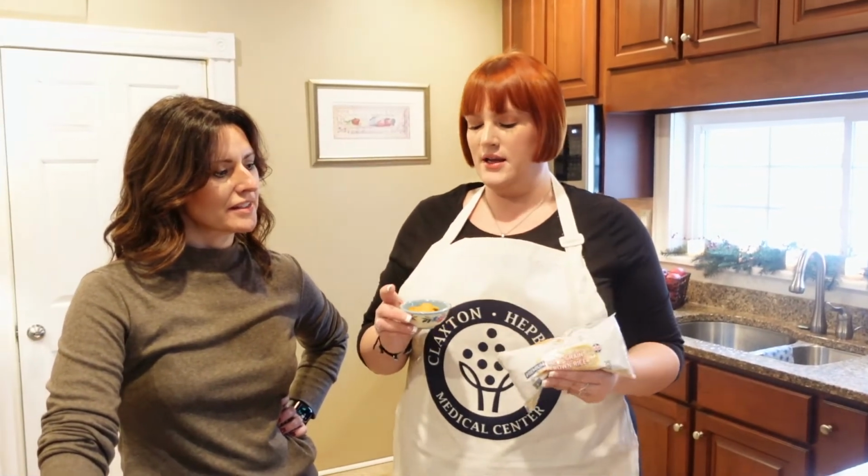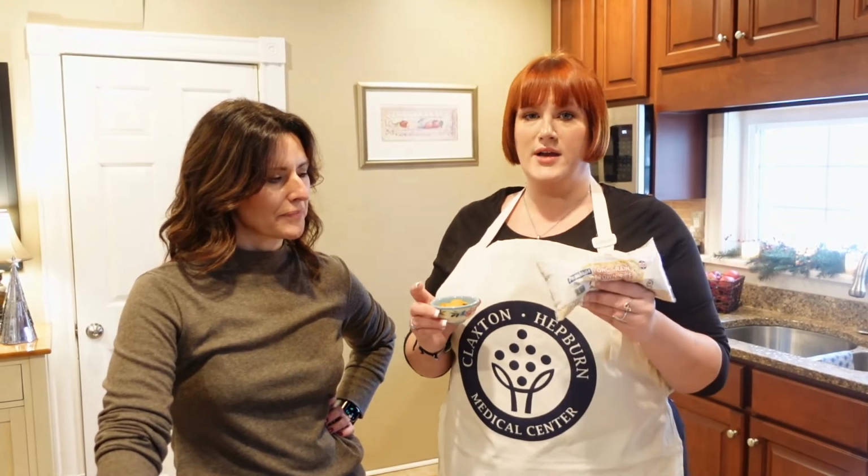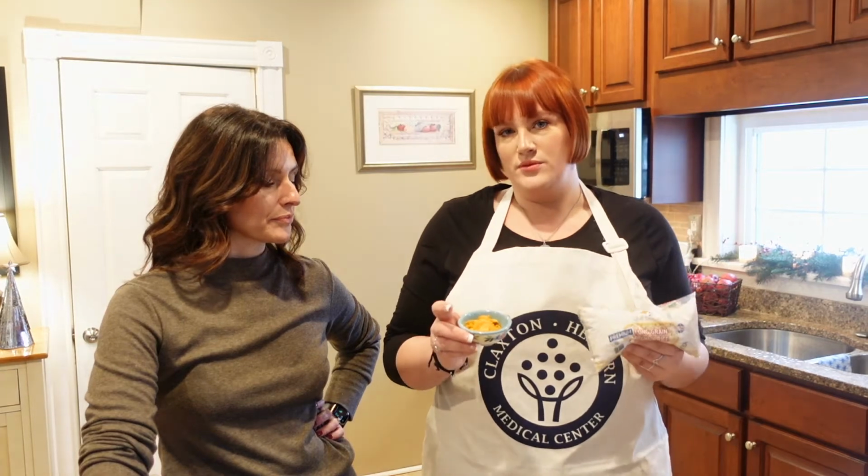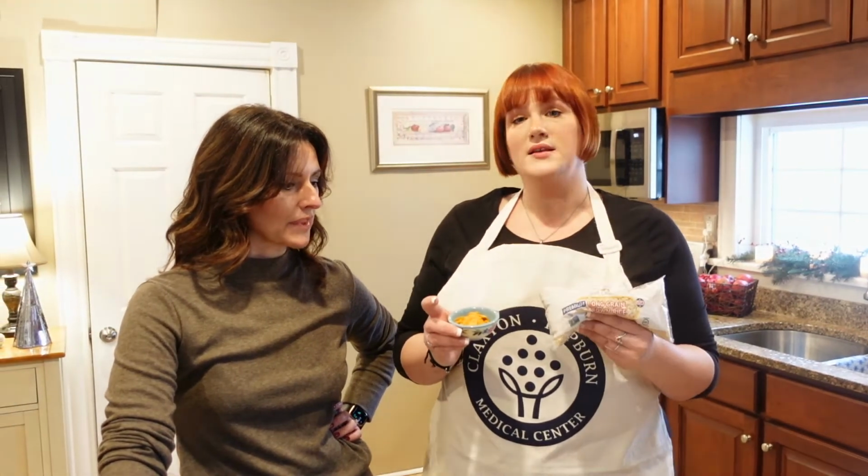So today I will be making a chickpea curry with fragrant rice and roasted vegetables. Sounds delicious. So we've already started with our rice. We're using a long grain brown rice, and you prepare it according to package directions, but you're going to add at least 3 tablespoons of turmeric, and Chin is going to tell us about the health benefits